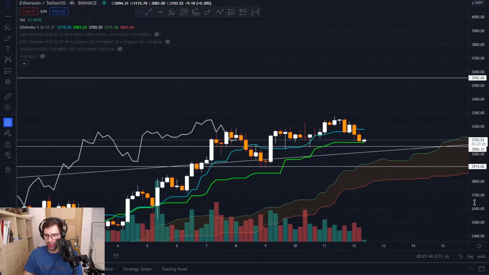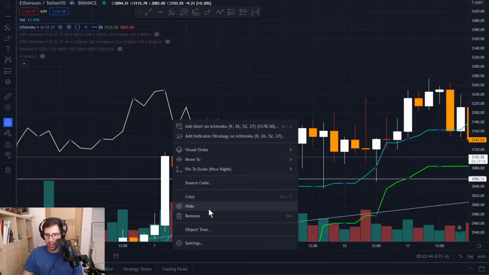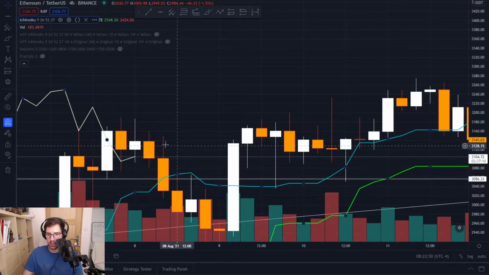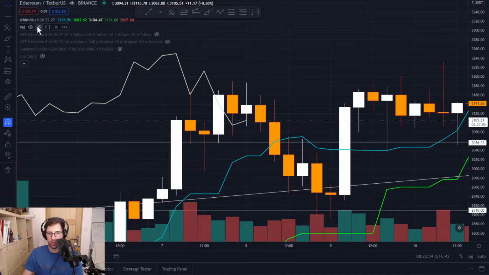We'll need to look at the lagging. I want to see my lagging, which is this one. I right click on it, move visual order, bring to front. And now I realize that it's kind of difficult to see when it's above the white color. So I need to change that quickly.